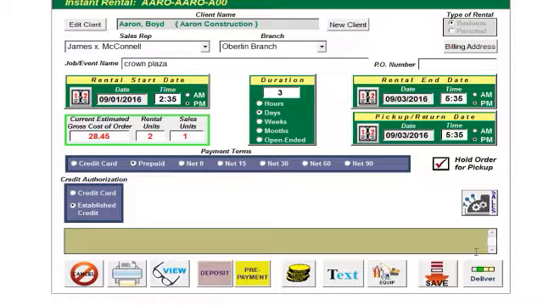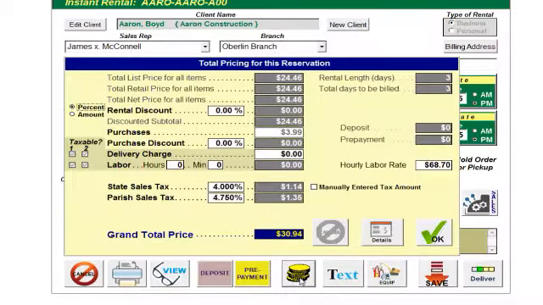If you wish to take some or all of the cost of a rental as a prepayment, you first click the Price button to set the pricing for this rental. You can use this pricing screen to make changes to the pricing. For example, you could discount the rental or discount sale items. You could add labor charges. You can even change the tax you're charging if that makes sense. When the pricing is satisfactory,